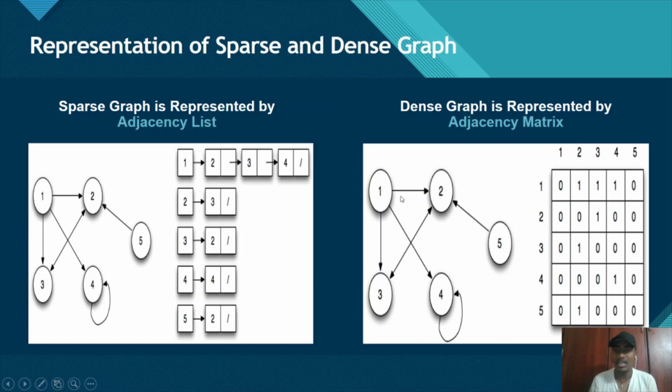You must be careful when you write these digits, and check the direction of the edge also. So 2 to 1 is 0 because it is a directed graph. Like this, the dense graph is represented in an adjacency matrix.